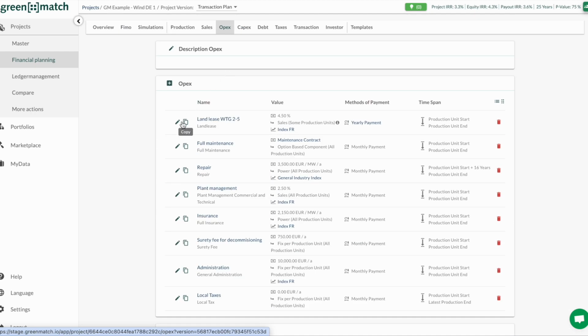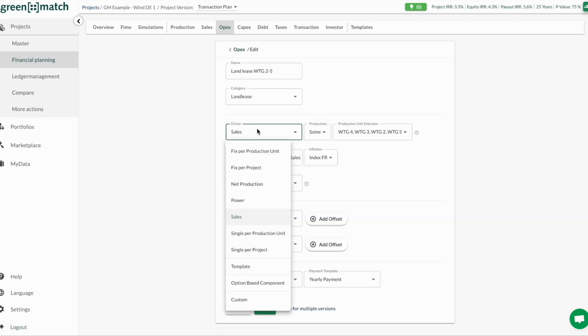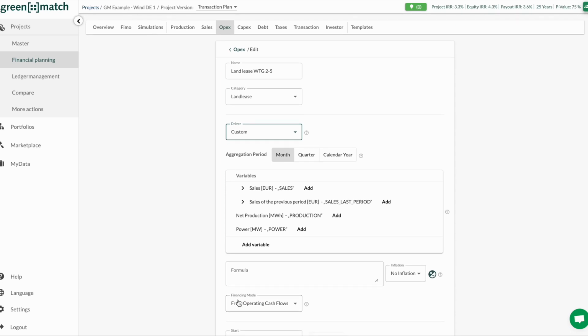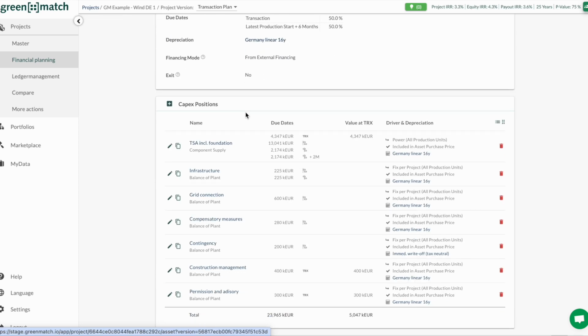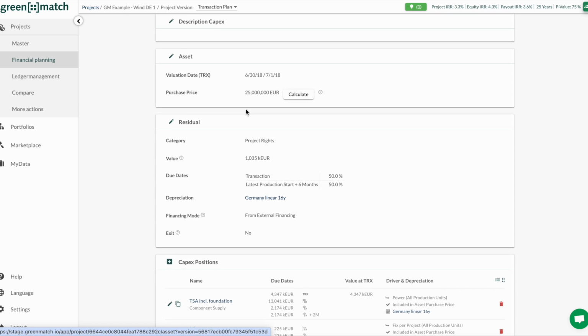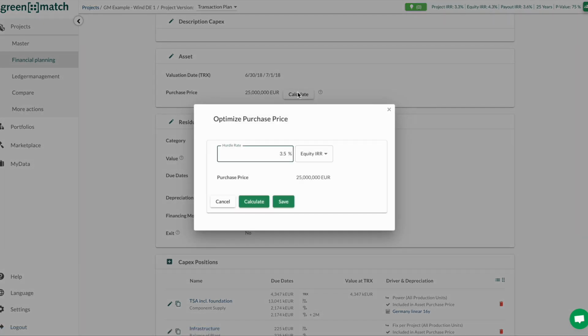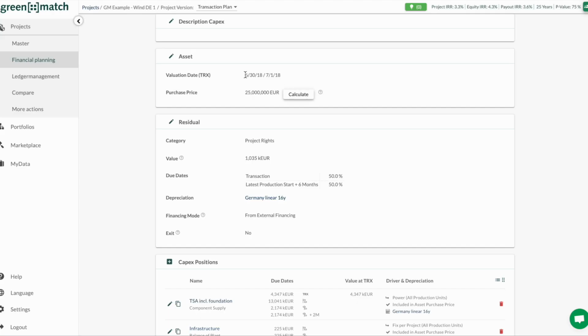A multitude of special features, such as option-based components and a formula builder, enable you to model the most complex contracts. In the CAPEX section, you can record all known investment cost positions if available, or set a unified purchase price or have it calculated if a detailed breakdown of investment cost positions is not available. In this section, you can also define the valuation date, TRX, that is, the start date of the cash flow